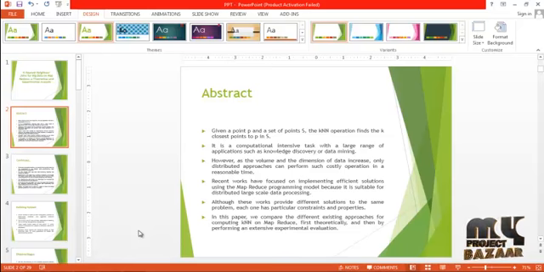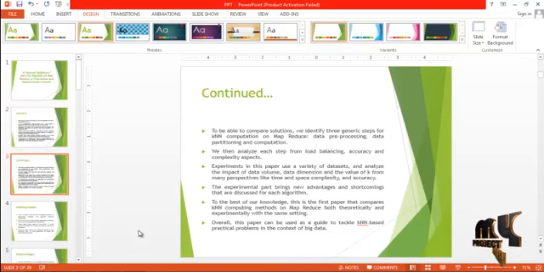a reasonable time. Recent works have focused on implementing efficient solutions using the MapReduce programming model because it is suitable for distributed large-scale data processing. Although these works provide different solutions to the same problem, each one has particular constraints and properties. In this paper, we compare the different existing approaches for computing KNN on MapReduce, first theoretically and then by performing an extensive experimental evaluation. To be able to compare solutions, we identify three generic steps for KNN computation on MapReduce: